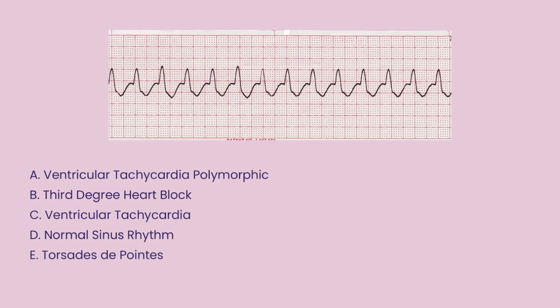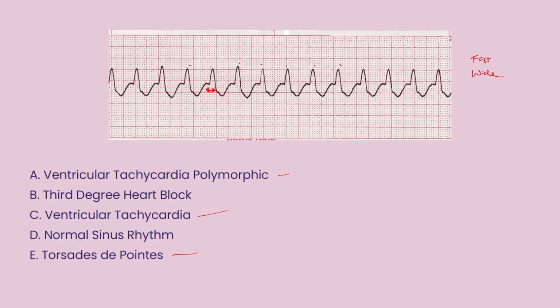Alrighty, so what did we notice here? We noticed that it's fast, okay? We noticed that it's wide. So we're thinking of some sort of ventricular tachycardia from that. Just those two pieces of information. This QRS is wide, and our rate is fast. It's tachycardic. Okay, so looking at our options here, we have ventricular tachycardic polymorphic, and we have ventricular tachycardia, and